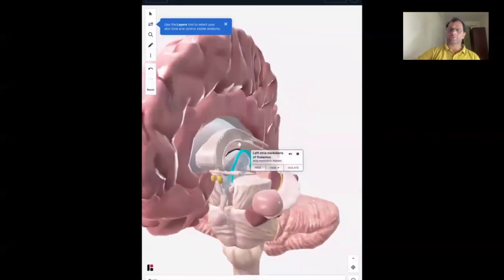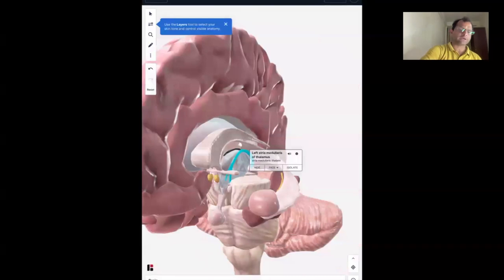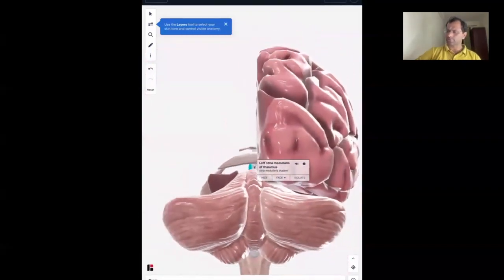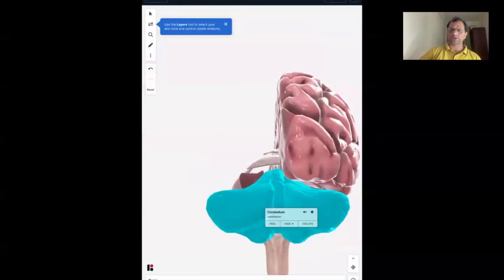ठीक है, अब ये मिड ब्रेन के बारे में और ज्यादा बात नहीं करेंगे. Now we will be coming to the hindbrain. Hindbrain is a very important part. The first thing coming is the cerebellum. हाइंड ब्रेन में जो पहली चीज आती है उसका नाम है सेरिबेलम, which is connected with